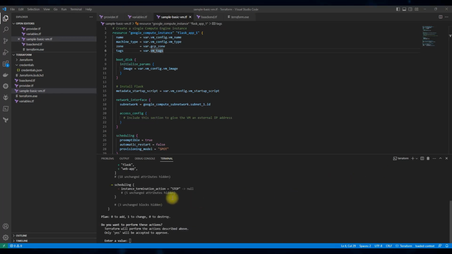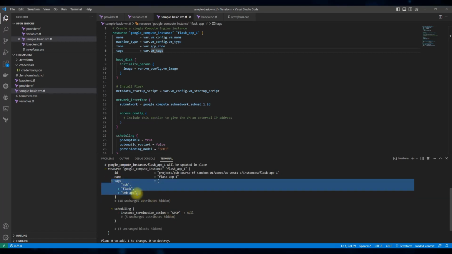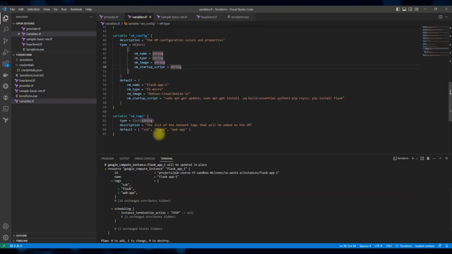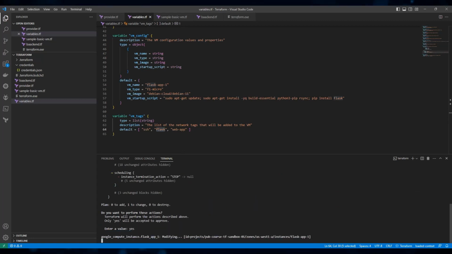So the deployment already exists, and this is a good example of what's going to happen. There is one resource to change. Just forget about it, it's a preemptible VM or spot VM. And you see it's going to add 2 more tags, right? Because these are the ones defined in my variables here in the VM tags. So it's going to add Flask, it's going to add web app. So I will type yes, and now we'll see these changes reflected live on the VM once the changes are